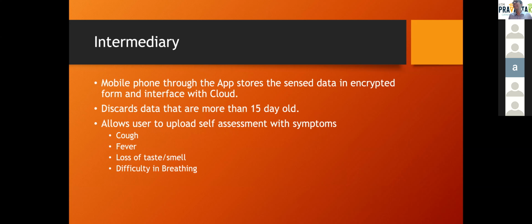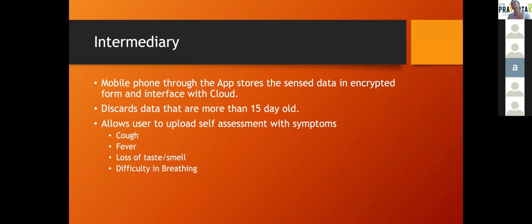Now, let us look at the intermediary. The intermediary here is our mobile phone, the smartphone, right? And of course, it was also available on the Jio feature phone. So the mobile phone, through the apps from the iOS Apple Store and Google Play Store. These apps were available, so people could download them. There is also some sort of evaluation that is done both by Apple and Google before admitting these apps into the Play Store or the Apple Store.